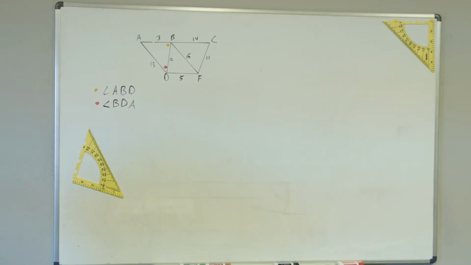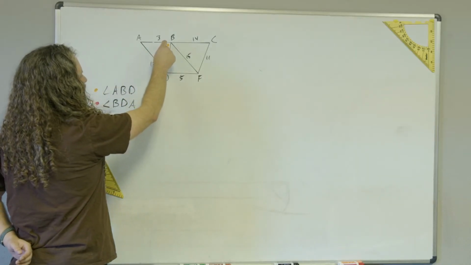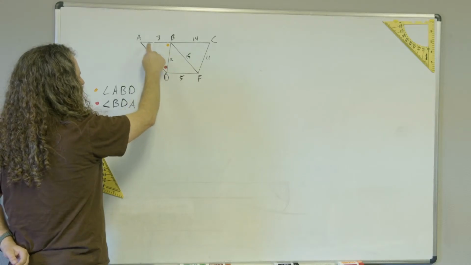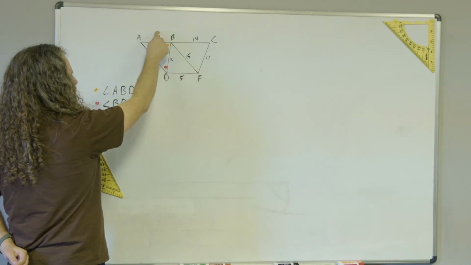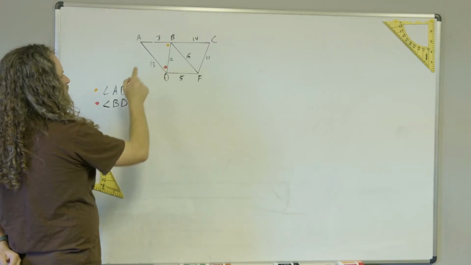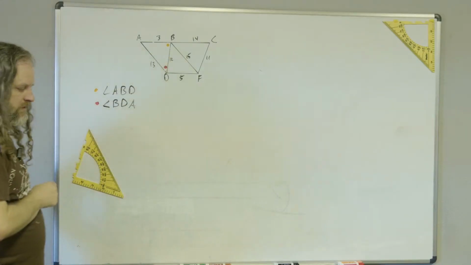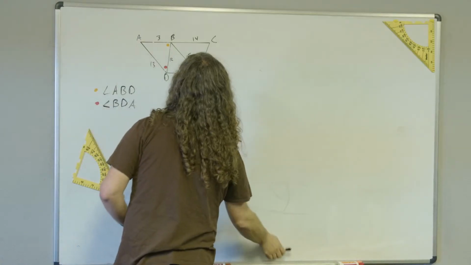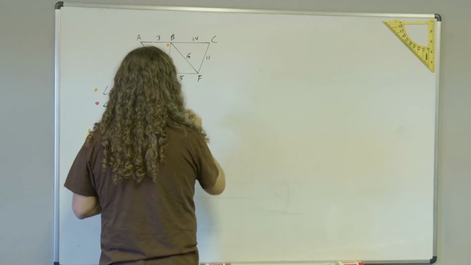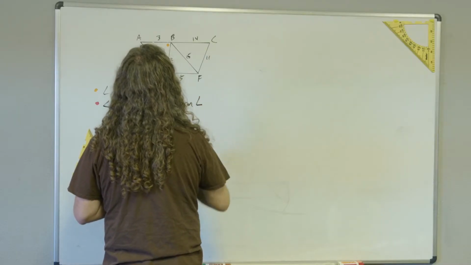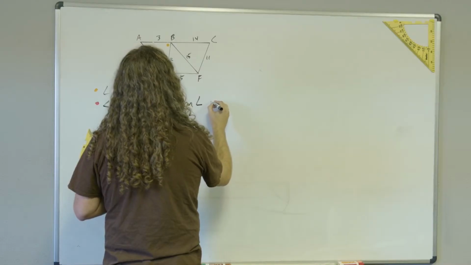How do I know that it's bigger? Because of 3 and 13. Right. That's exactly what I'm looking at. 13 is across from ABD, right? 3 is across from ADB. Since this number is smaller, this angle is smaller. Since this number is bigger, this angle is bigger. So the answer, real simply, is just the measure of angle ABD